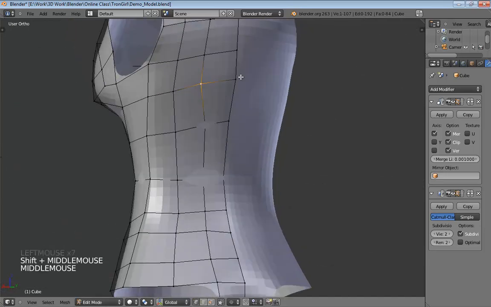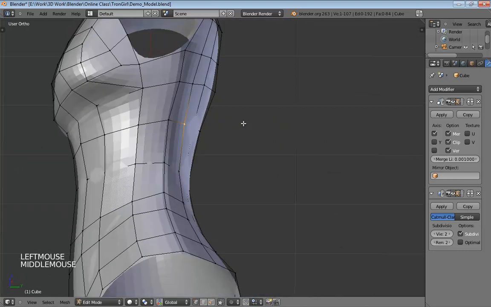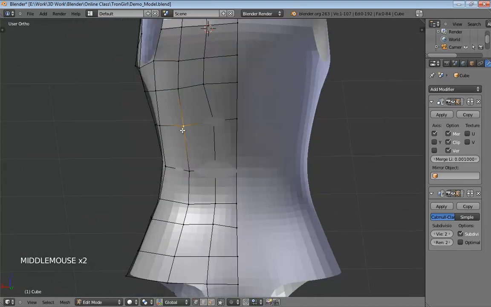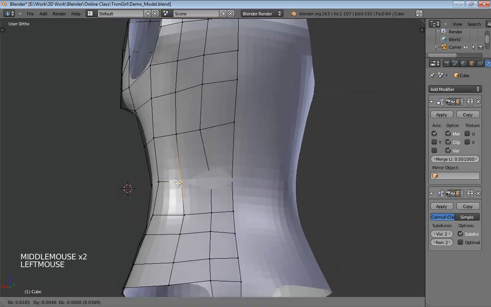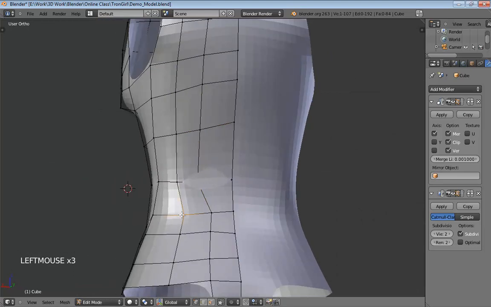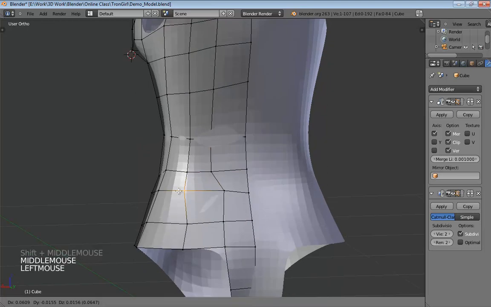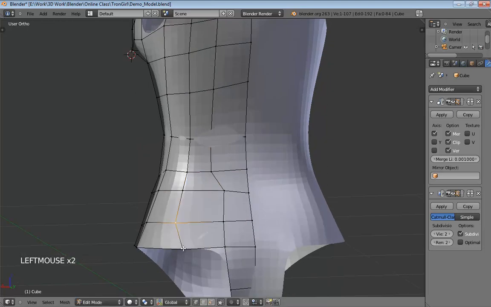Now, if you're wondering, why aren't you just using edge slide? It's just me. I just kind of like feeling where the vertices are going. I feel a bit more like a sculptor if I take the time to wiggle some verts around. It's an artistic process, so even though you might be thinking, well, there's certainly more